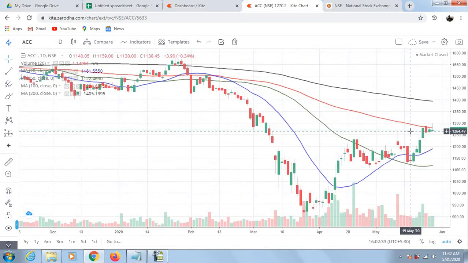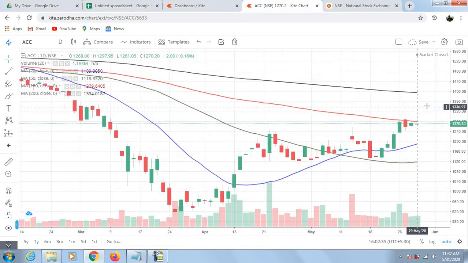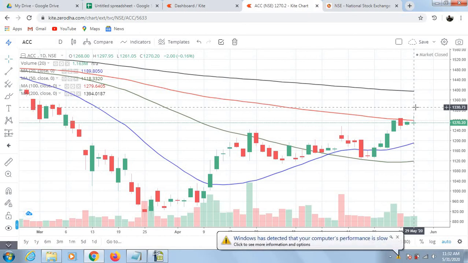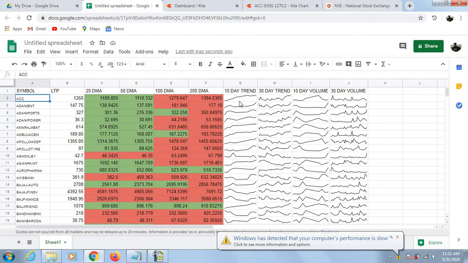So I'm just zooming in, and if you check for the last candle which has formed, the moving average 20 is 1189, 50 day is 1118, 100 days 1279, and 200 days 1394, which matches with the values over here.